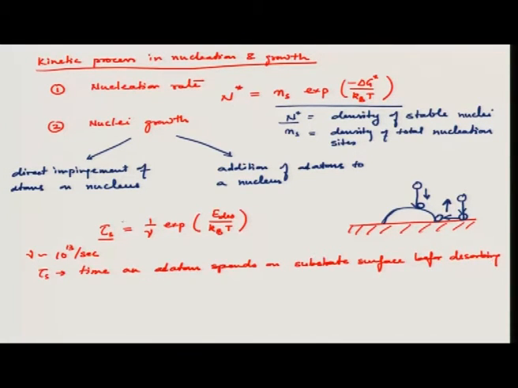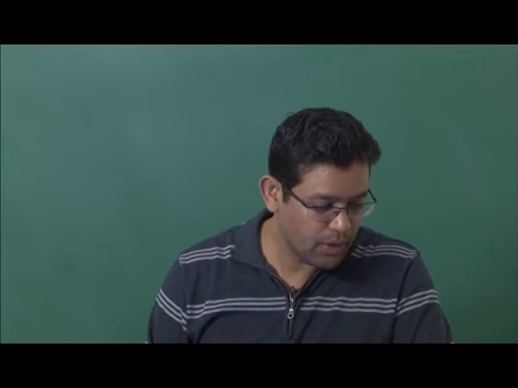Okay. So, you can say if this atom does not find a stable nuclei within this time period, it will go back to vapor phase. So, that is this timeline. And these atoms perform random jumps because they do not have any idea that there is a nucleus on one side or other side. So, there will be a random jump motion, and if they find a stable nuclei, they will get attached to it and reduce its overall energy.